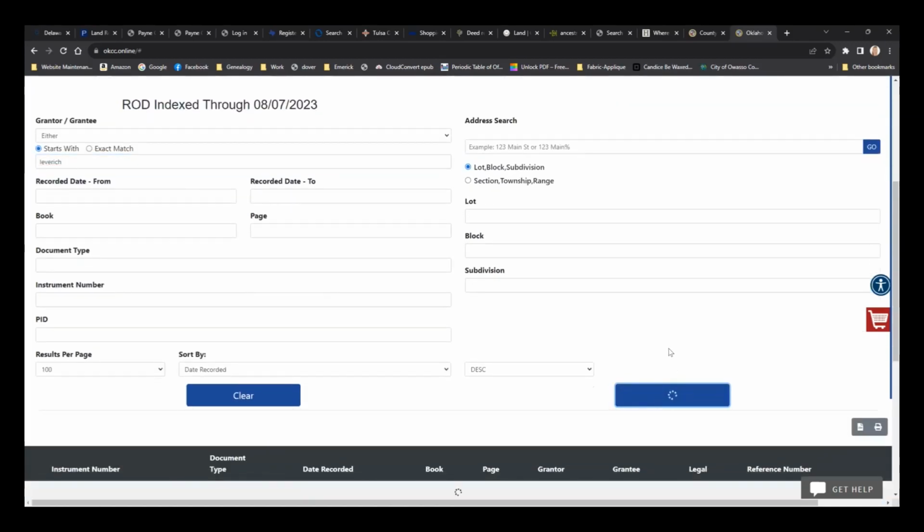There's Jasper and John B. Leverich. It's searching, because they all lived there. But did they have land? It is really thinking about it.